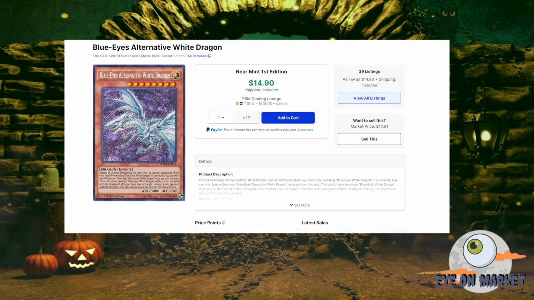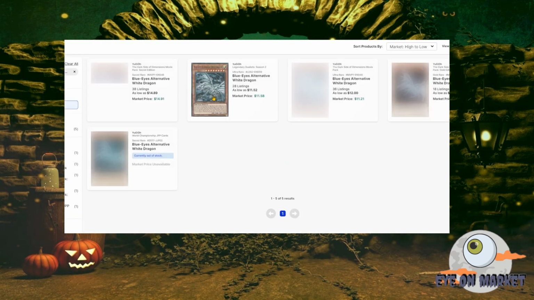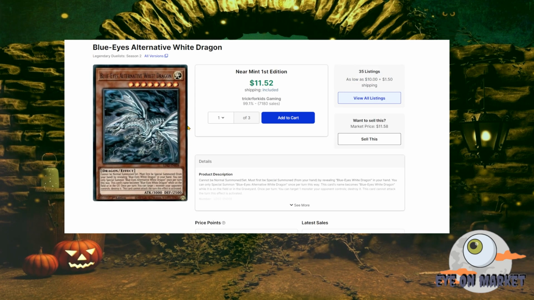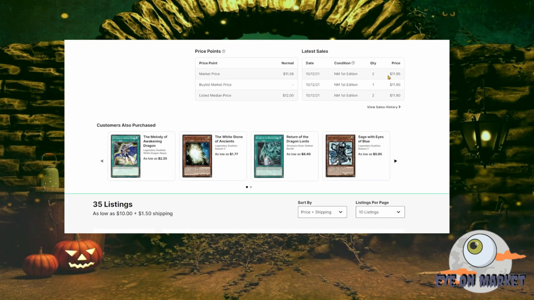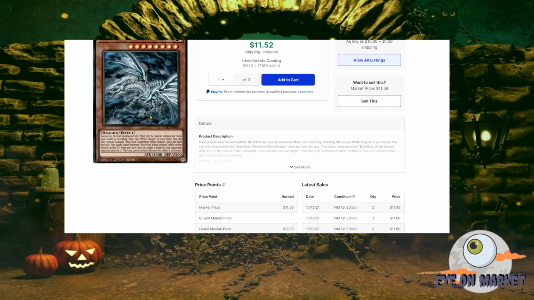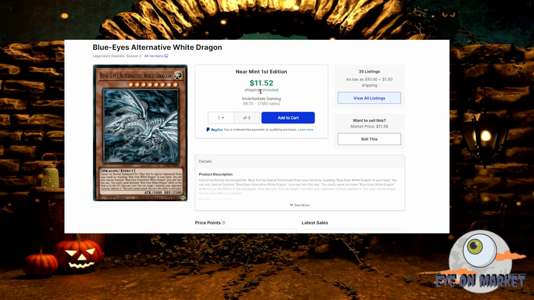Blue-Eyes Alternative White Dragon is $15 for the Secret Movie Pack Edition, and that's probably right around the same for everything else. Legendary Duelist Season 2, it's around $12, and ironically, we talked about this in the past, how this card just doesn't seem to drop in price no matter how many times they reprint it. The Legendary Duelist Season 2 was an Ultra, it wasn't super hard to pull, and yet it is still over